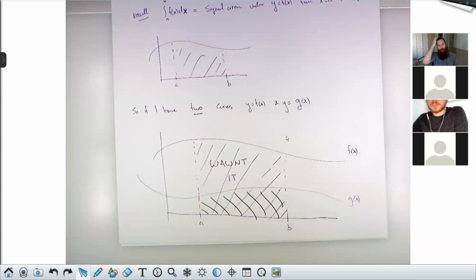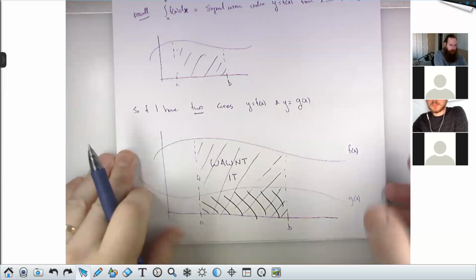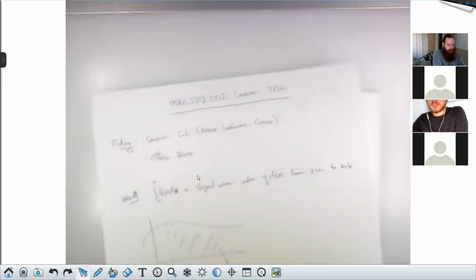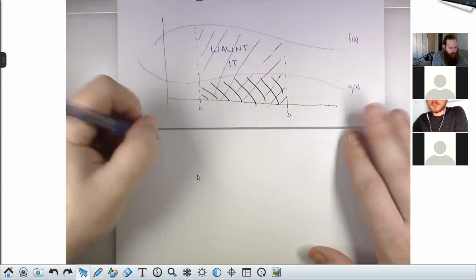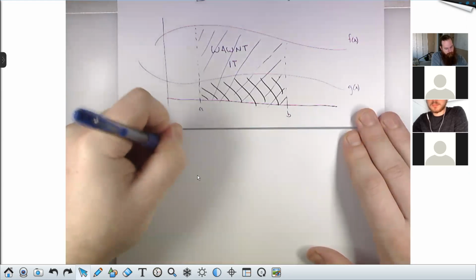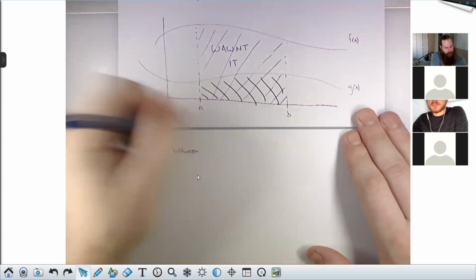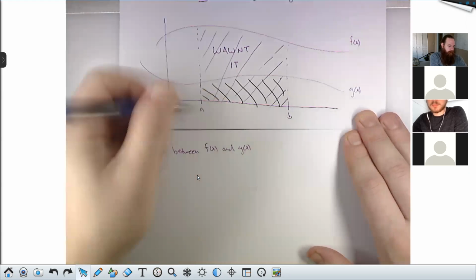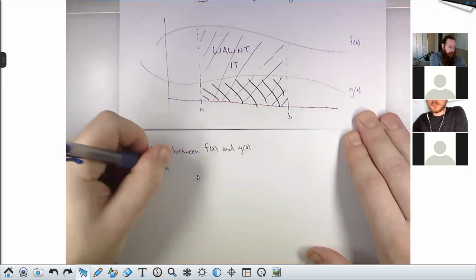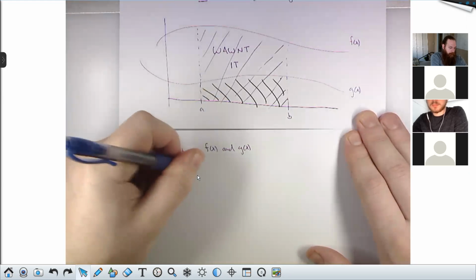I want it, right? This is what I want. So I start with the integral of f, which is all of the shaded area, the stuff that's like this. And then I throw away the integral of g. And what you'll find is that you can actually combine this into a single thing. So the area between f of x and g of x, and this is assuming f is above g,